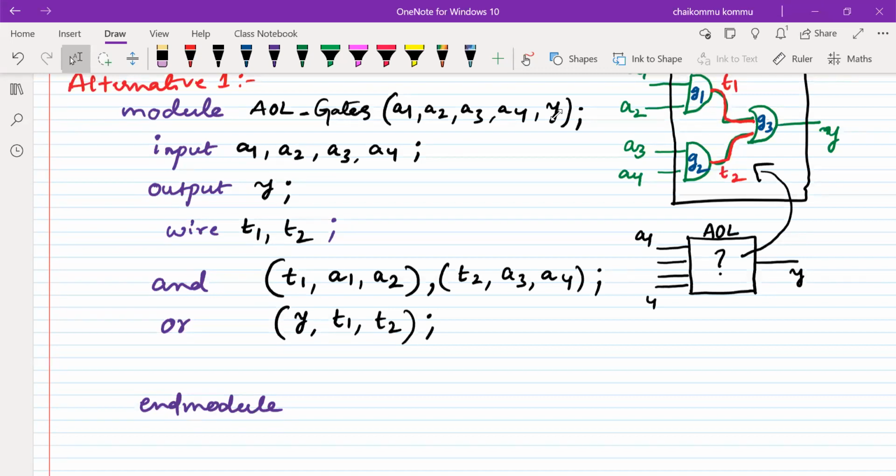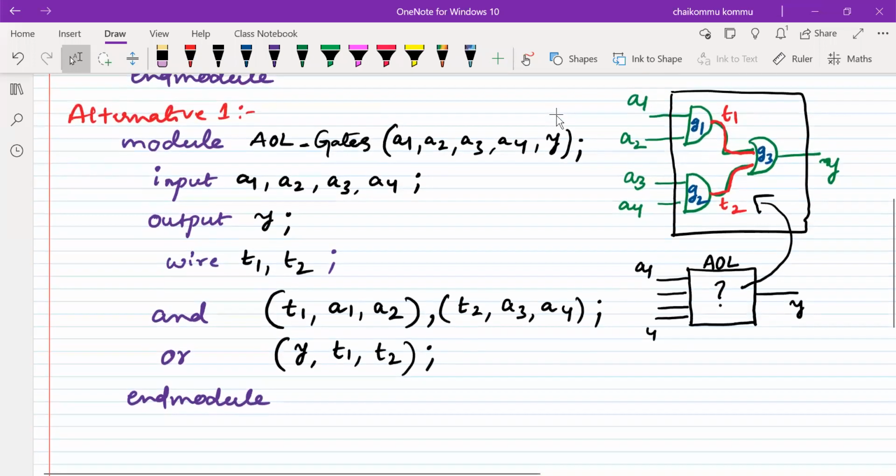Second alternative, let us see, a very important alternative. This one may not be that useful, but there is a provision, and that's what I'm discussing. But the second alternative is very, very important. So I'll take the second alternative.